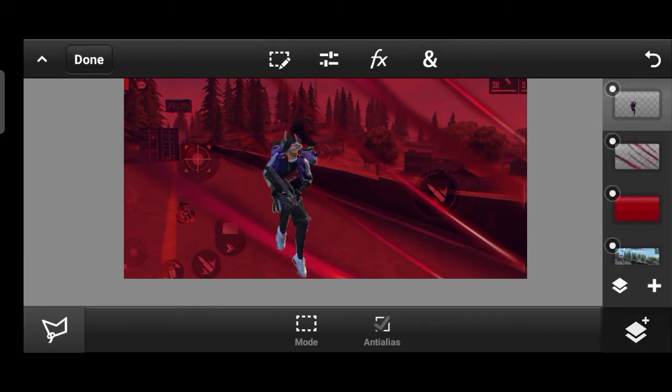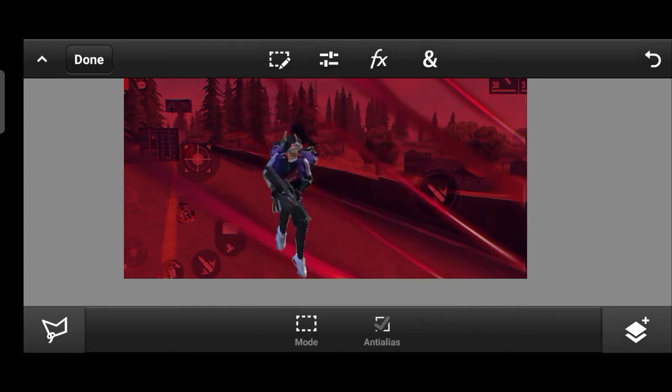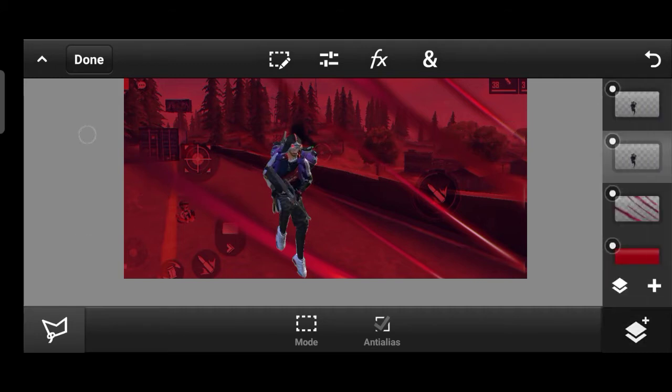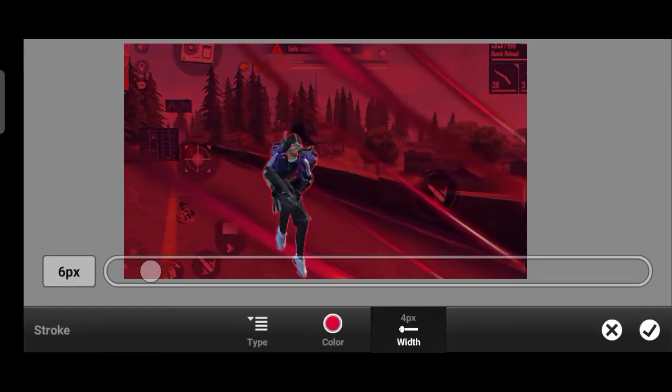Oh, I forgot one thing. Click on duplicate layer, so you will find two PNGs, and on the first one select fill and wait a second. Click on fill and stroke and type is stroke.